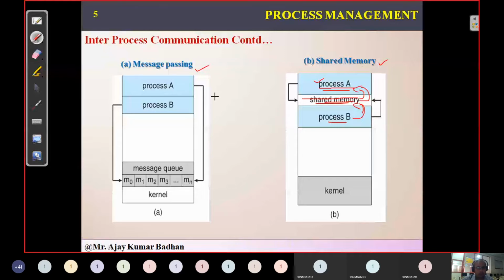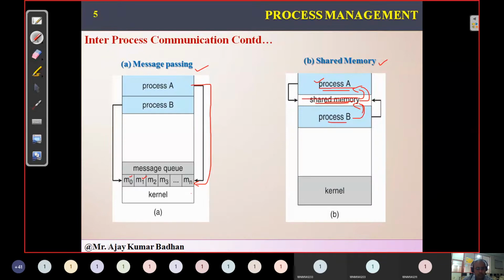Whereas coming to message passing, if you look here, we don't have anything called shared memory. Whatever message we want to transmit to B, we cannot transmit directly from A to B. First, the information has to be transmitted to the kernel. There is a set of messages here, M0, M1, M2, and so on up to Mn. If process A wants to send a message to process B, it has to first send that information to the kernel.